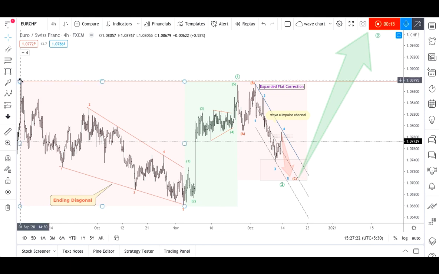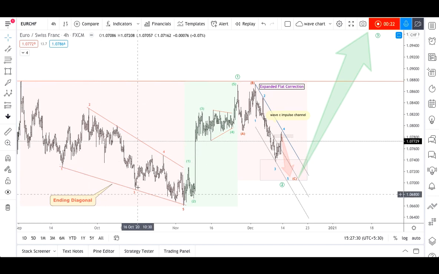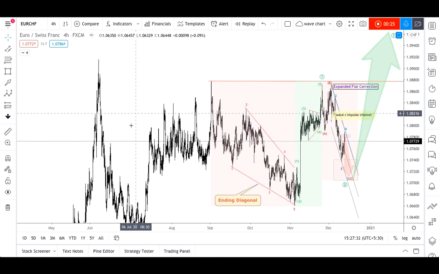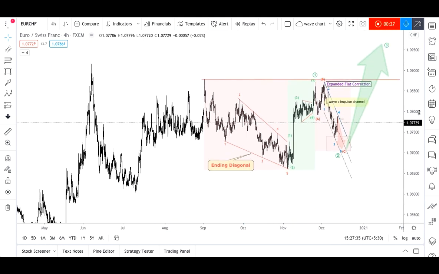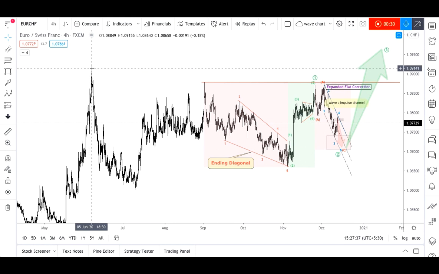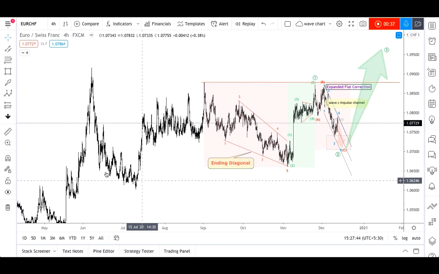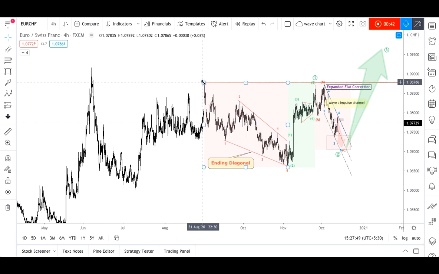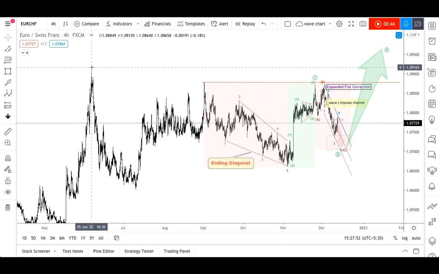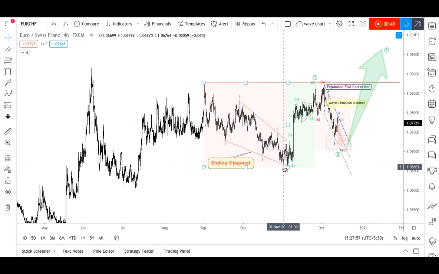Okay, so let's start. We can see here from 1st of September there is a high at 1.087. This currency pair was forming an ending diagonal. If we talk about previous data, the latest high was this recent high, and from that level the currency pair gave a downside movement. This was also an ending diagonal, and from that level it has peaked up to this level. So we can say that after this high, the currency pair went into a correction A, B, and C, right?